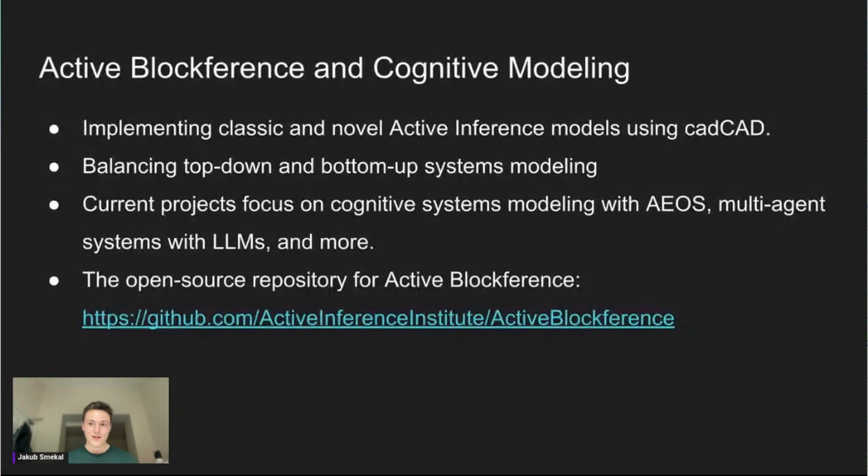This also leads me to the Active Blockference project, which is on the computational side of AEOS, where we aim to combine the open source framework cadCAD, which was developed by Block Science, and that's been used mainly for token engineering and also just generalized dynamical systems modeling, where you usually take a structural top-down approach to modeling your system of interest, where you define your state space and then you perform giant parameter sweeps to try to figure out how your state space evolves through time and what kind of edge cases you can get to,